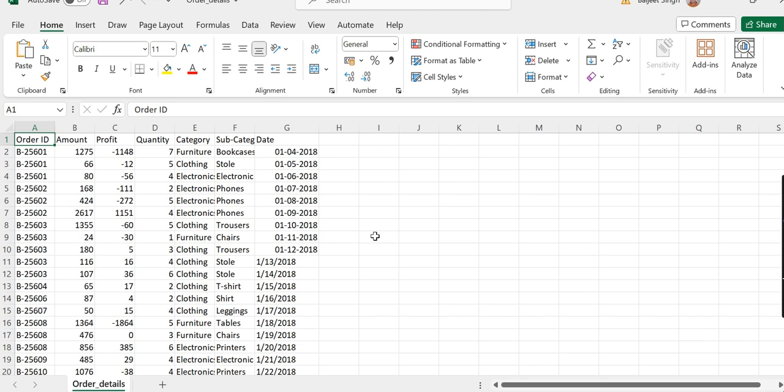So for uploading data into Power BI, what we will do is go to the Get Data menu. Now we will see details of the data set. It has this one file and one more file to load. Both of these are related to each other.